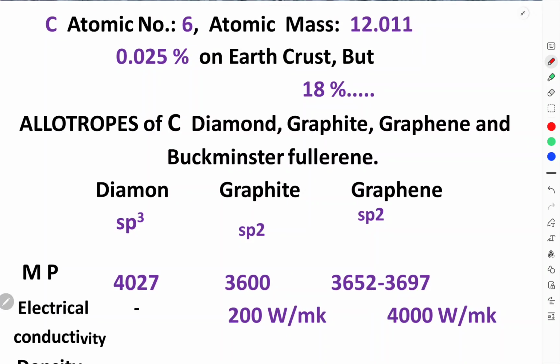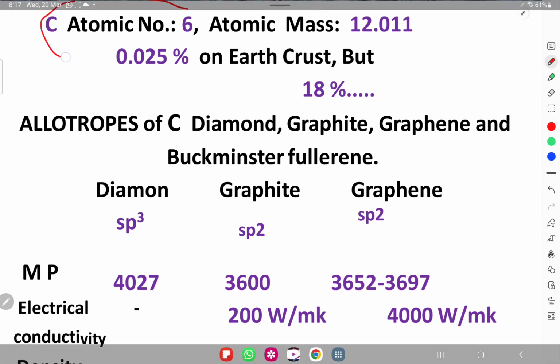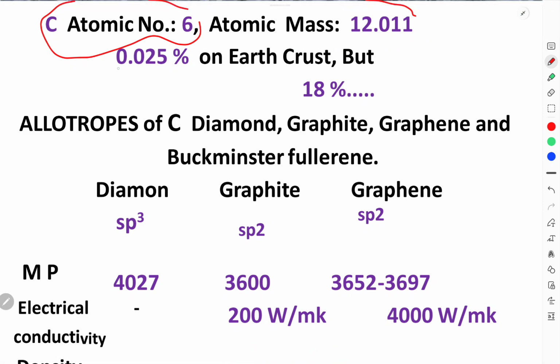We know carbon has atomic number 6, atomic mass 12.011, and is 0.025% of the Earth's crust. Allotropes of carbon: we know diamond very well, graphite very well. But another